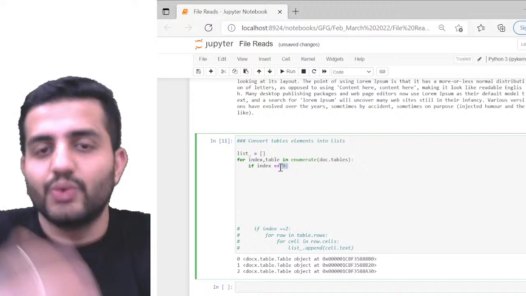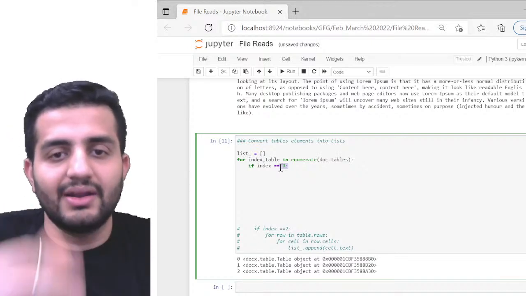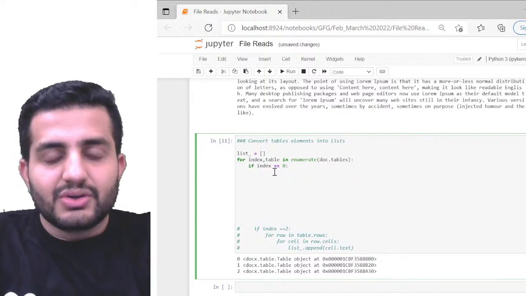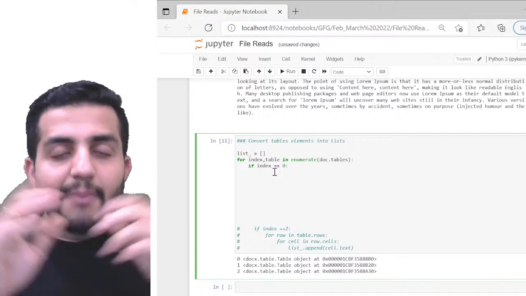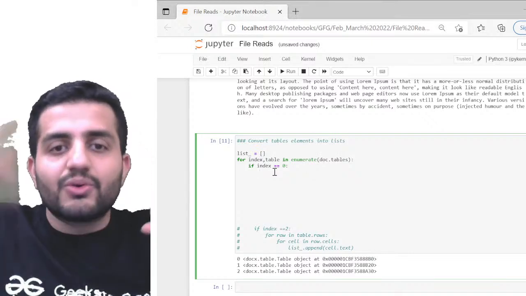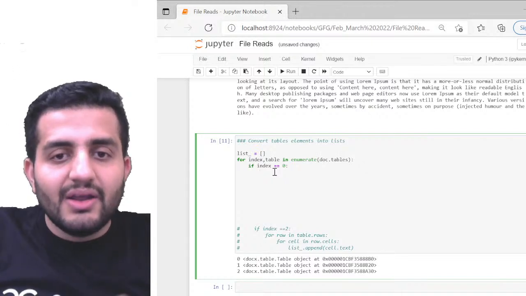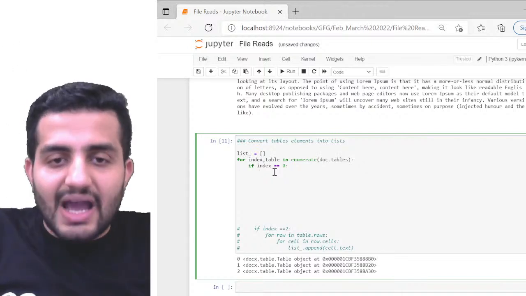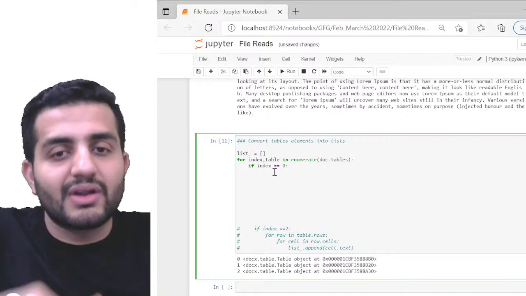Likewise, I can do it for all the tables. It's also still fine. I can write it in the loop, but again, I'm trying to show you how we can still access the data. So now I'm inside my first table. From this first table, what are you supposed to extract? My cells information. What is a cell? A cell is a junction of rows and columns. And how many times do you have to run it? It'll be valid for the number of rows we have. That many times you have to run this loop.